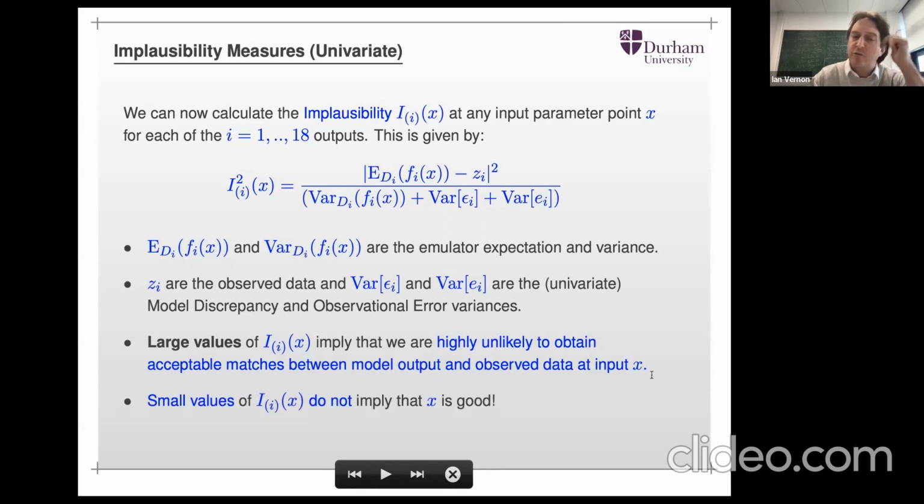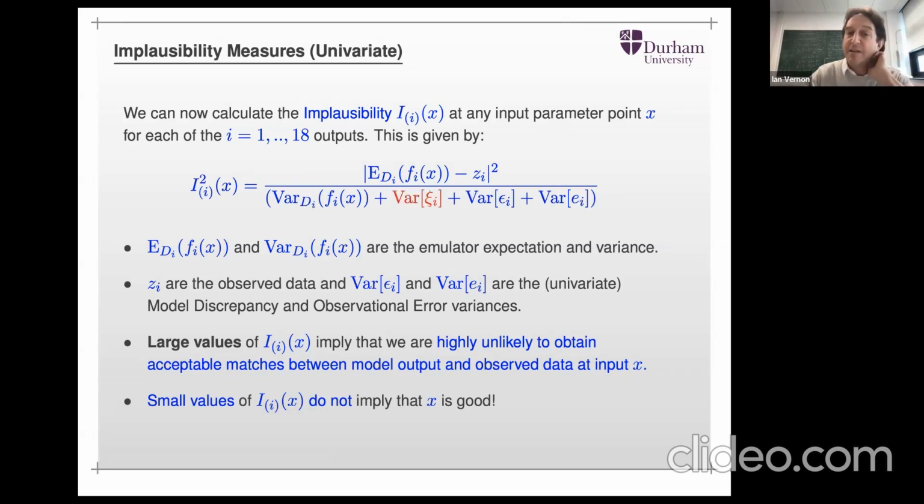Small values of X do not imply that X is good. They just say that we can't rule them out just yet. As we learn more about the emulator, we may rule them out later. Hence, we refer to large values as implausible, small values as non-implausible, a deliberate double negative, and to get this